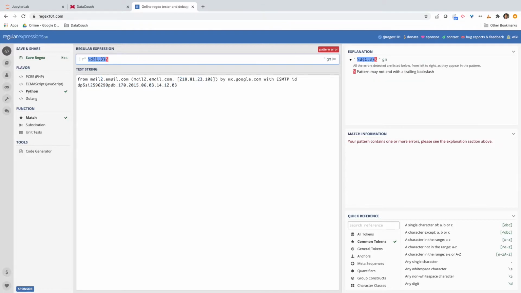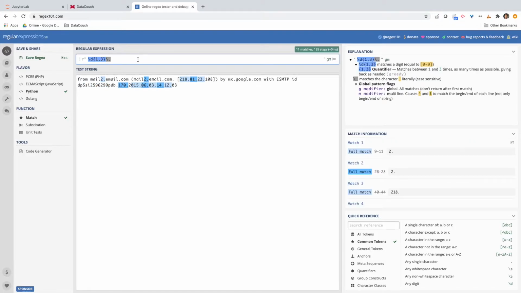And then I need a dot. I'm using a backslash in front of the dot, because otherwise the dot has a special meaning in regular expression language, and I want to avoid that. I want to use the dot as a literal.